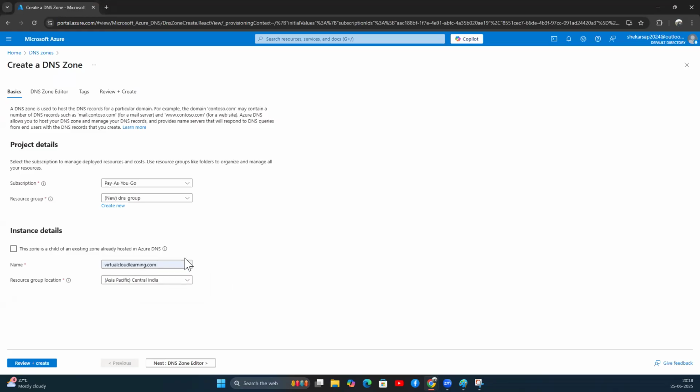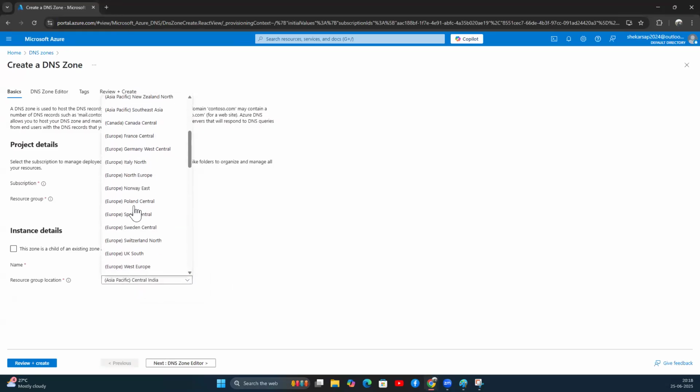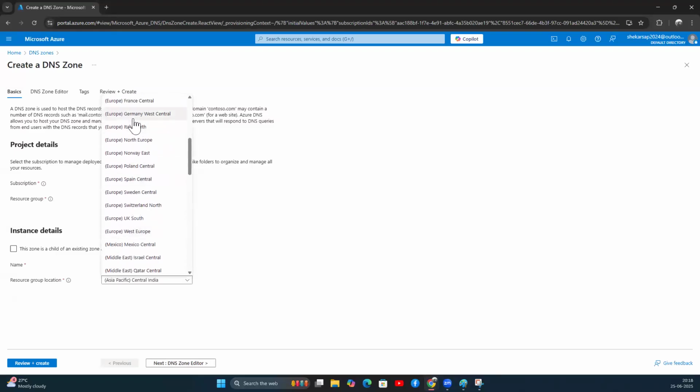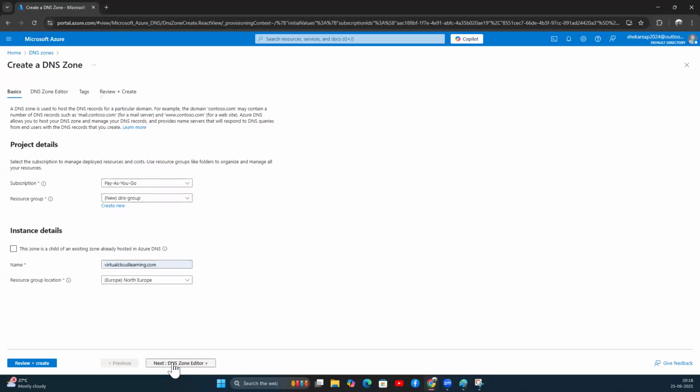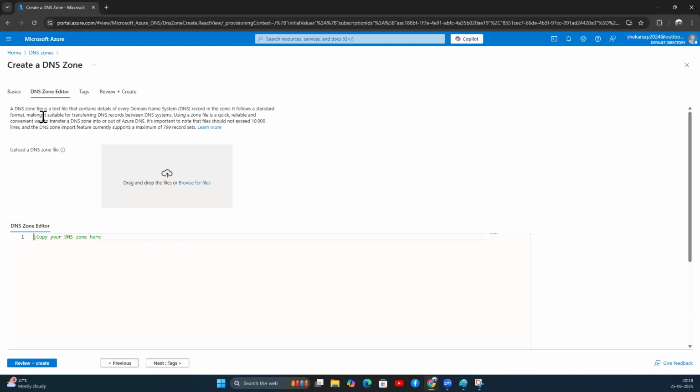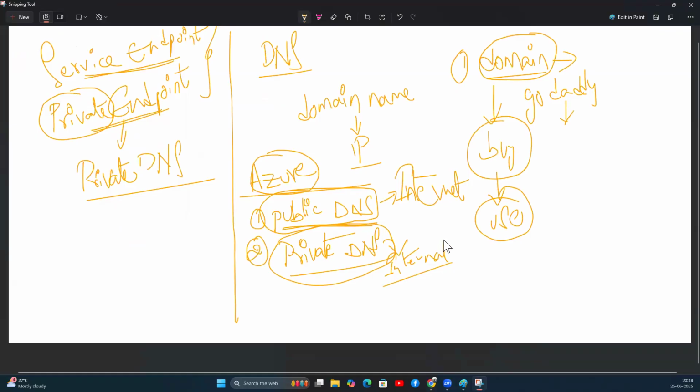It is coming automatically because of multiple trainings. What I'm doing is selecting some other region, something like North Europe. Click on DNS zone editor. I don't want to edit anything because I don't have anything right now. Why this option is coming is, suppose